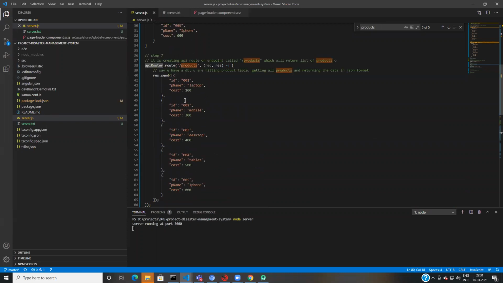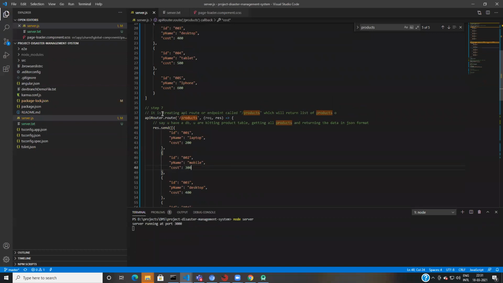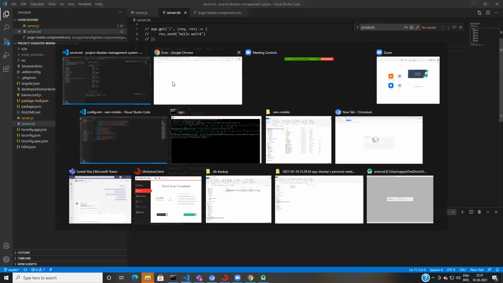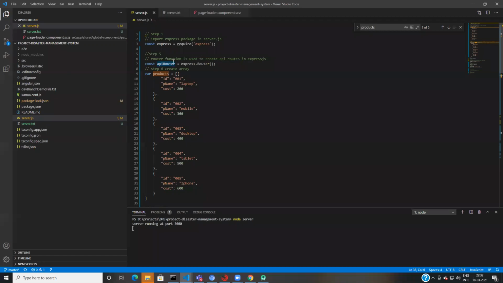No. Is route slash products strange, very strange. Let's see. Hey, hold on. Where did I declare this one? Here. This is my router.